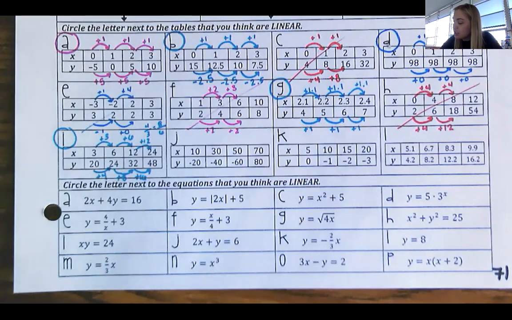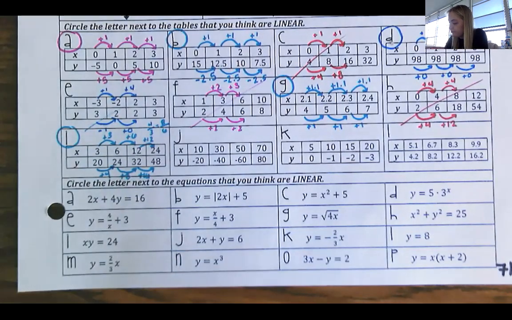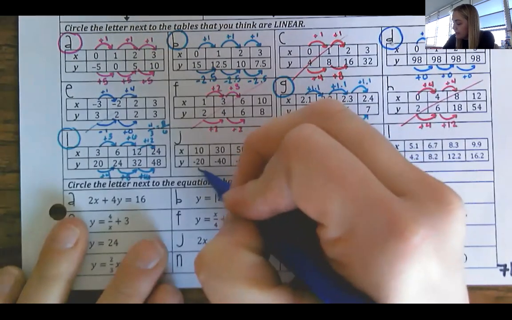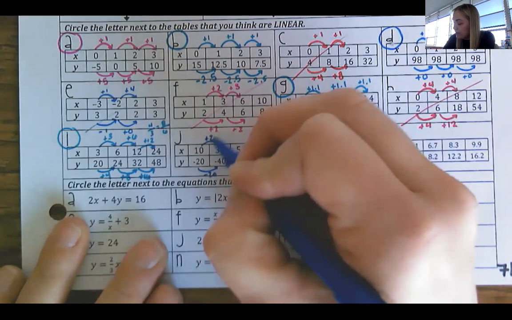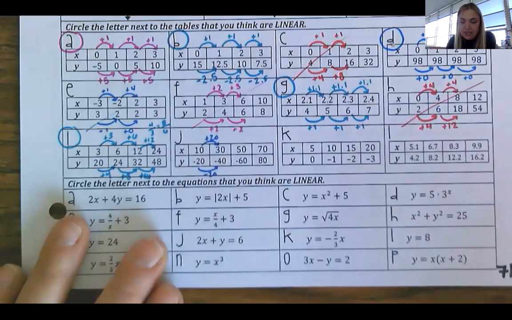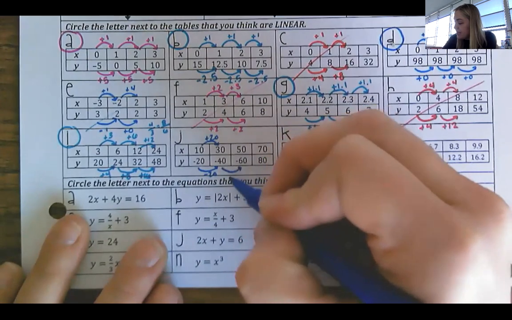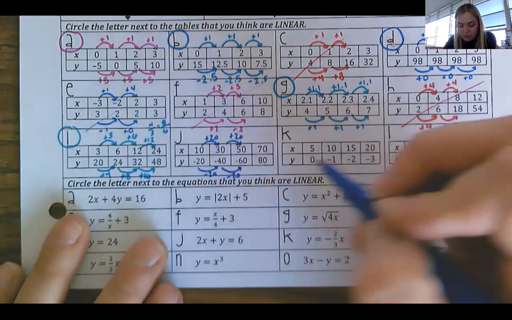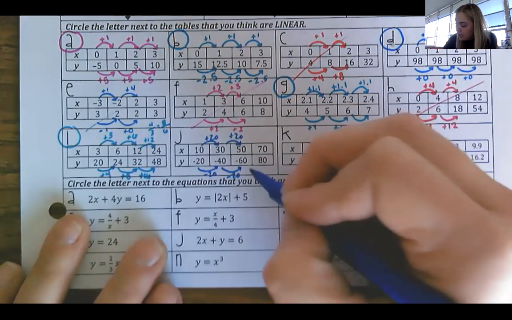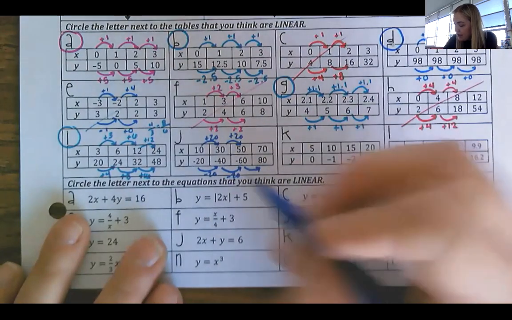Okay, for J, we are going to go right here. We're subtracting 20. And up here, we're adding 20. Negative 20 over 20 would give us a change of -1 for our rate of change. And then I subtract 20. Add 20. And then right here, from -60 to +80, that goes up